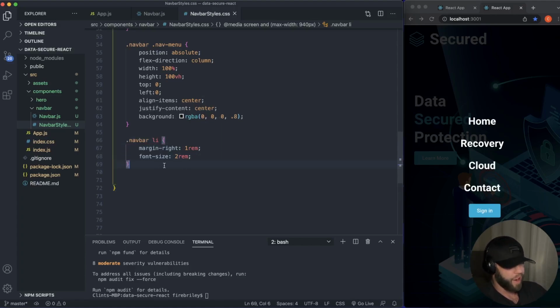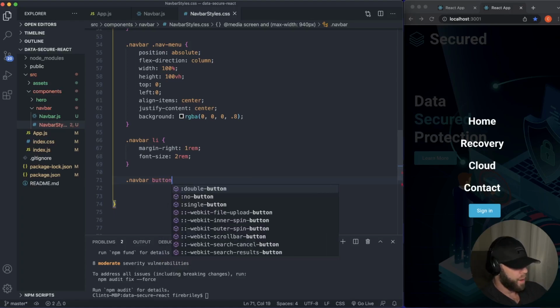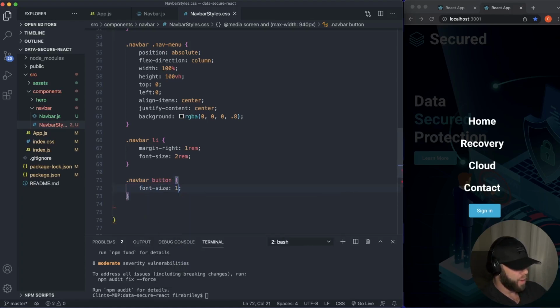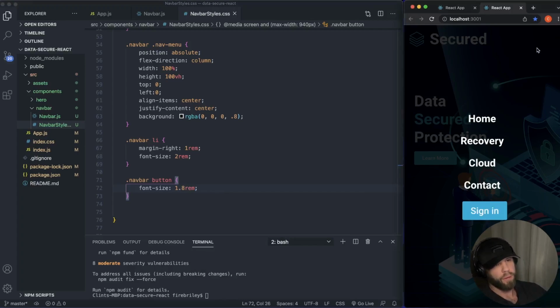Let's make that button a little bit bigger since that's going to be on a mobile device as well. Nav bar button font size 1.8 rem. There we go. A little bit bigger. Perfect. All right, so actually that's how we want our nav menu to look on a mobile device, but